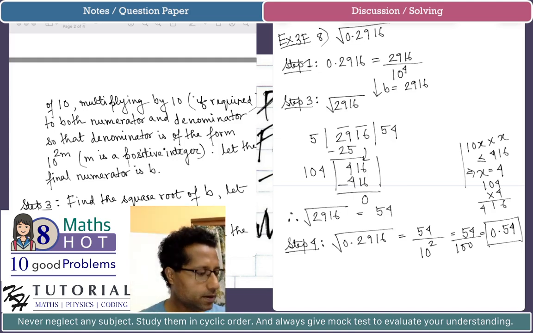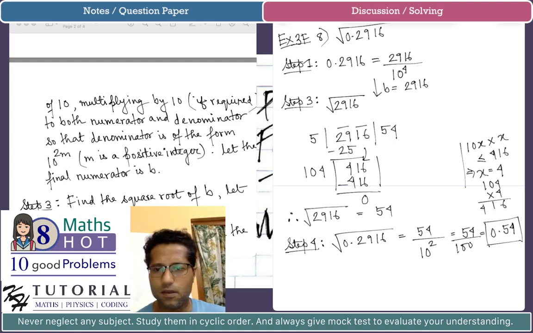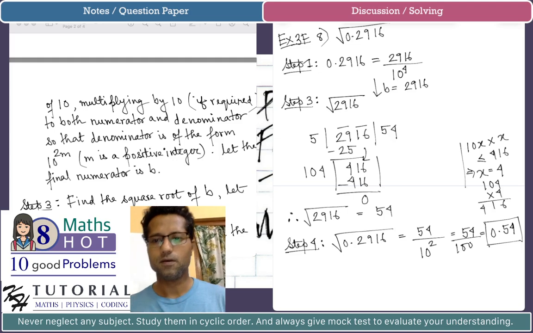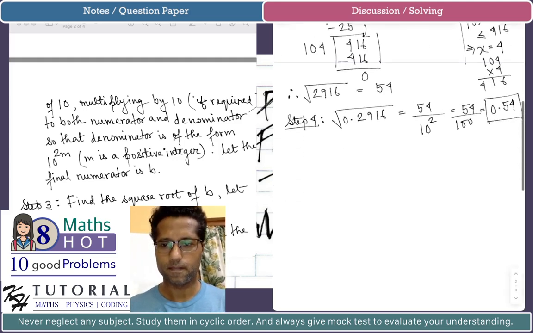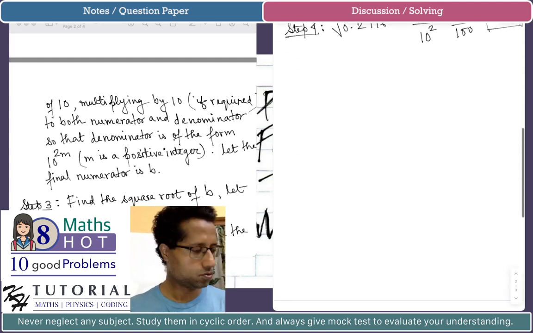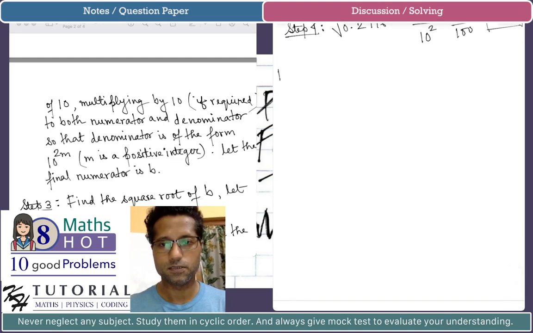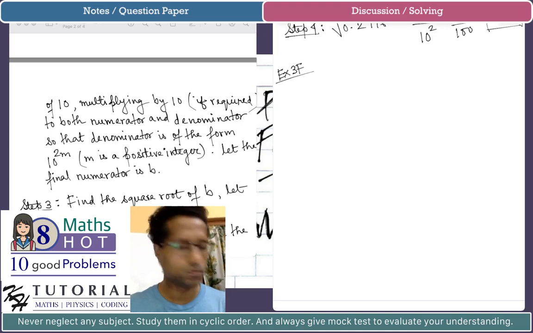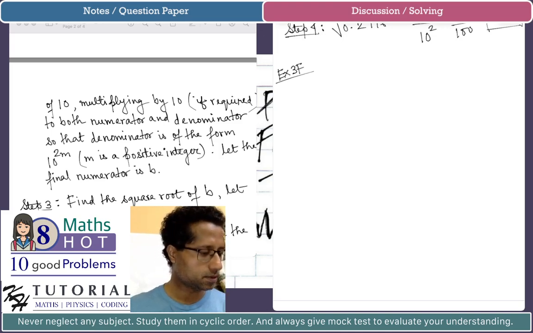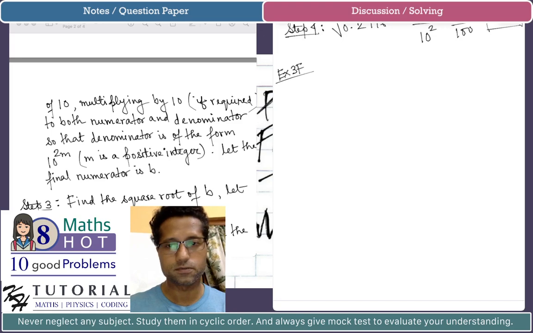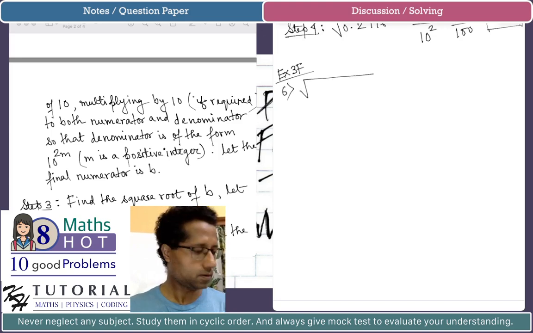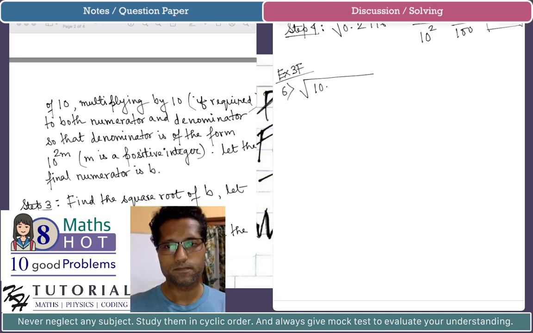Let's find another. I will not do all the problems because it will be redundant. If I can solve 2 or 3 problems, I think it will be clear to you. Let's do a problem from exercise 3F, let's say problem number 6. We have to find the square root of